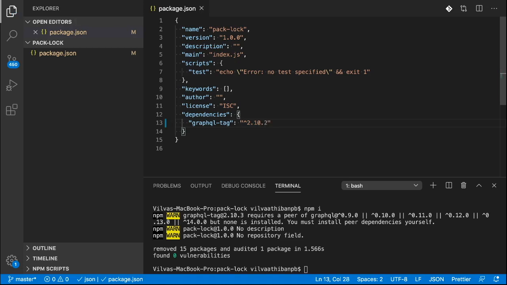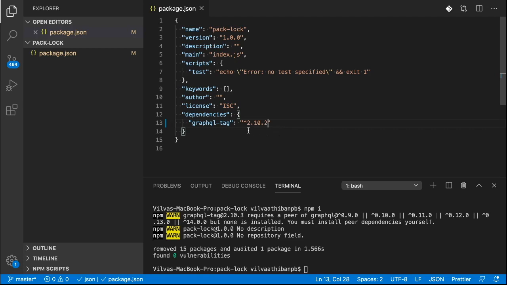Imagine my dependency has the version number 2.10.2 and 2.10.3 has a bug fix, which is good. When I have the caret symbol, I don't have to worry about updating it manually, because installing a newer version which is not a breaking change is not going to affect the application in any way. Rather, it will fix some bugs or make the application better. So this particular caret symbol automatically updates the version to the latest possible stable or non-breaking version.